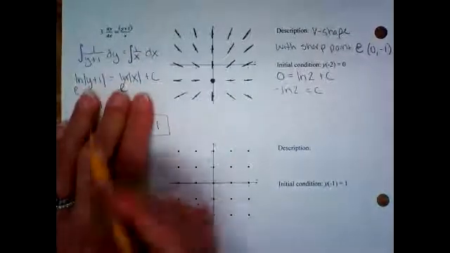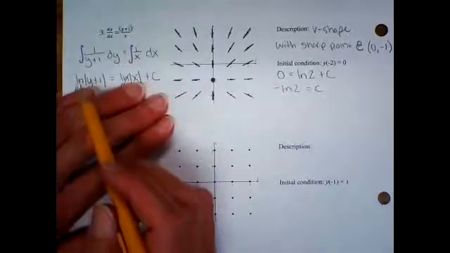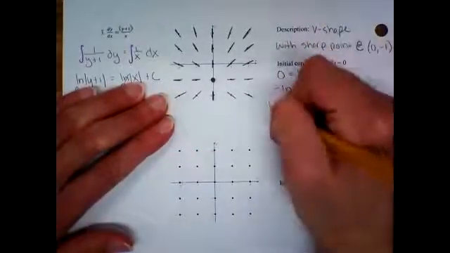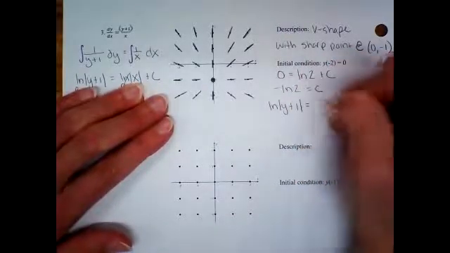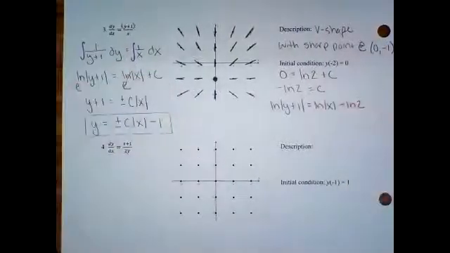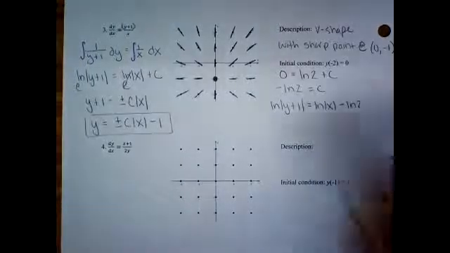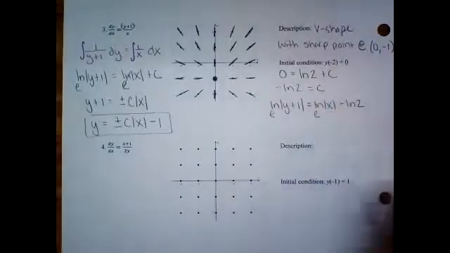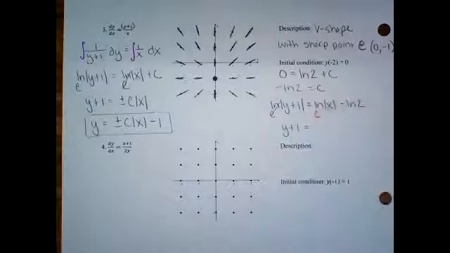So we're going to recopy this line. And again, I keep covering this up because you want to work with it before you do any solving. So recopy that line, except put in the negative ln of 2. Every single term has an ln in it. Don't worry, they're all going to cancel. We're about ready to cancel them all out because we're going to exponentiate. So it's e to the power of all of this. We get y plus 1 equals